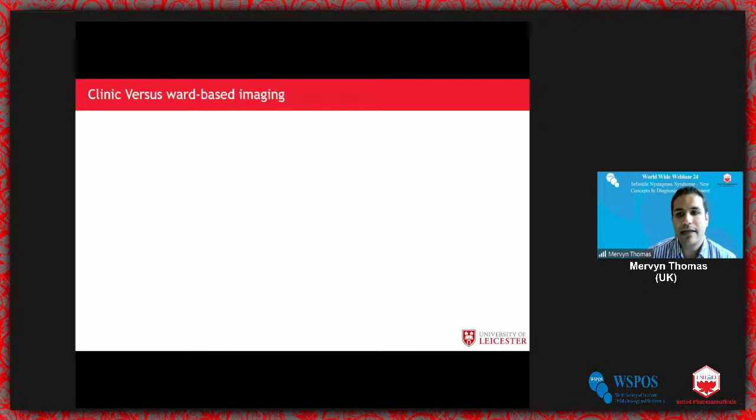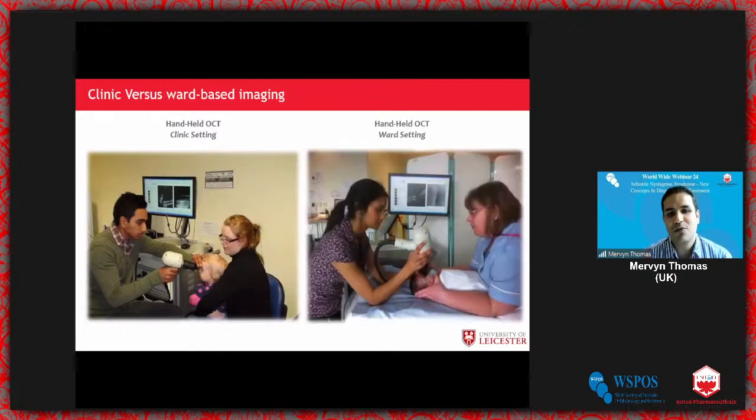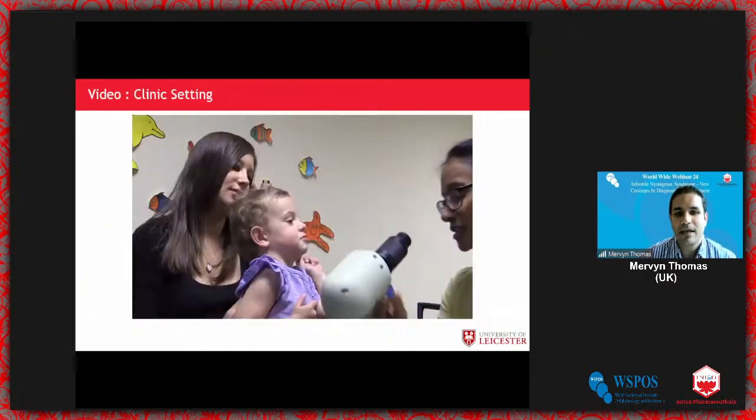The great thing about handheld devices is that you can actually bring the device to the child. This is just a photo showing one of our orthoptists scanning a child in clinic. And this is one of our doctors scanning a child in a ward setting. And I just wanted to share a video now of